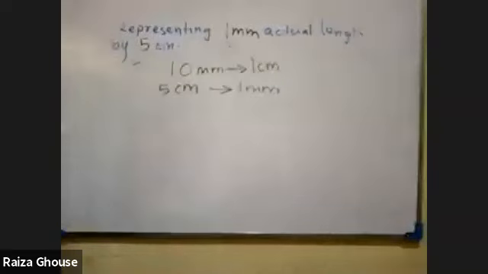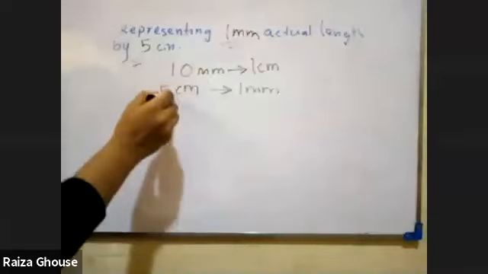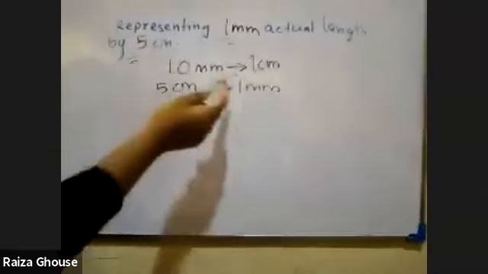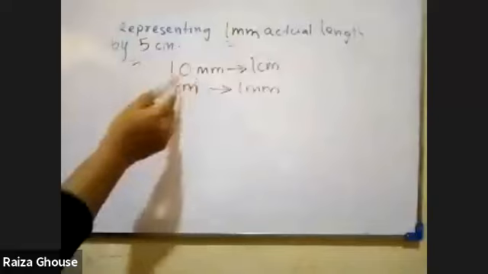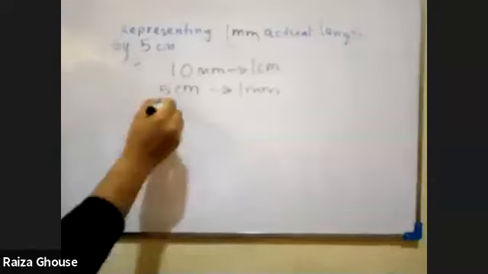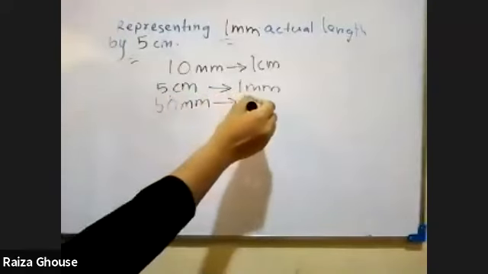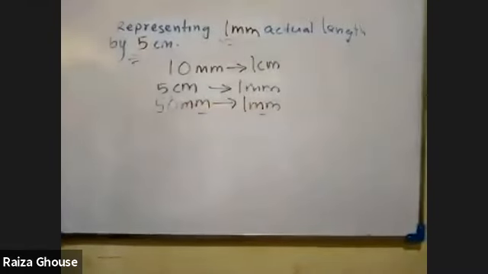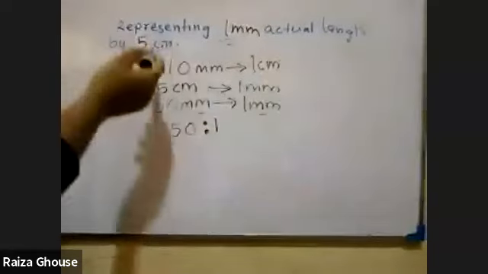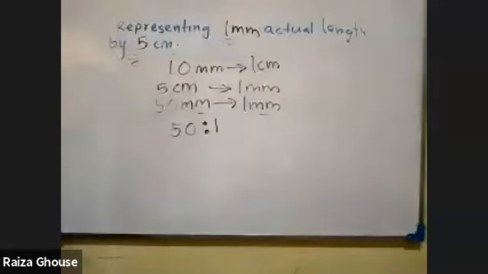Now you have to convert 5 centimeter into millimeter. 1 centimeter is 10 millimeter. Listen carefully. 1 centimeter is 10 millimeter. Then 5 centimeter is 50 millimeters. Now can you see that units are same? So we can represent this in the form of 50:1. Either way you can convert, that's no problem. Whatever it is, you have to convert the units into the same unit. 50:1, very good.